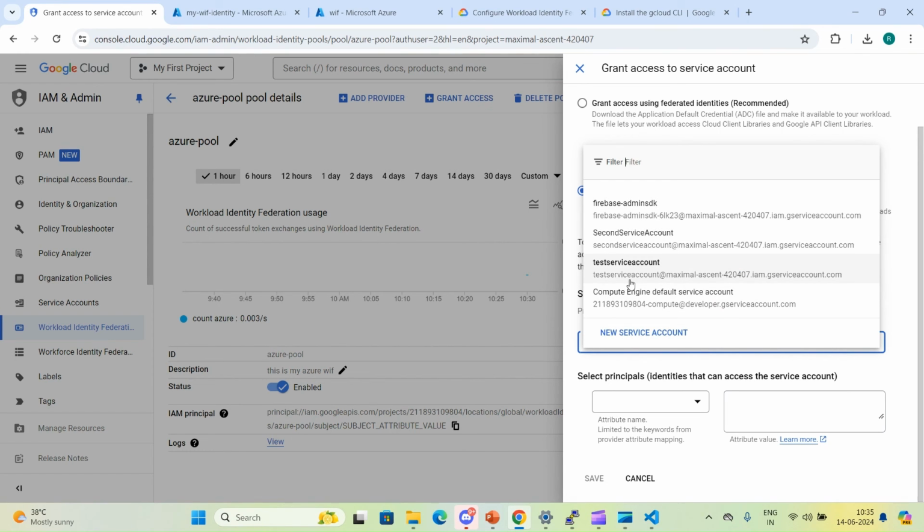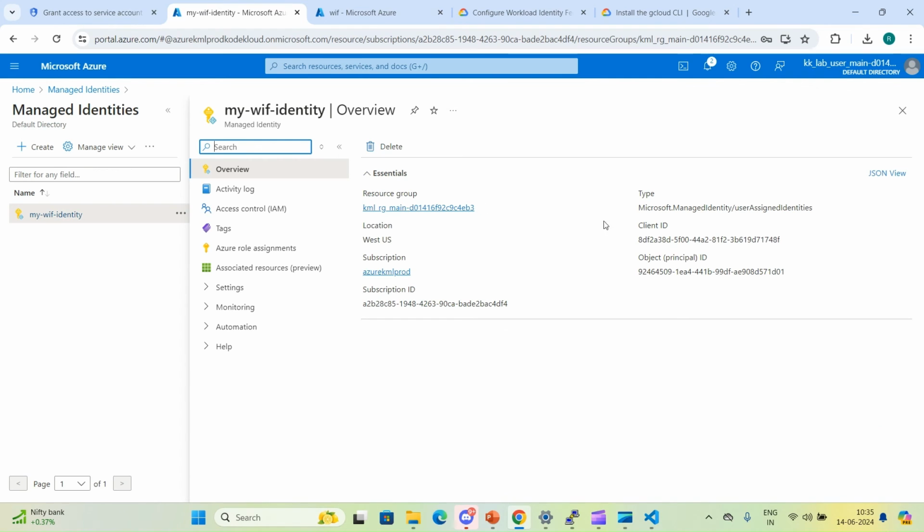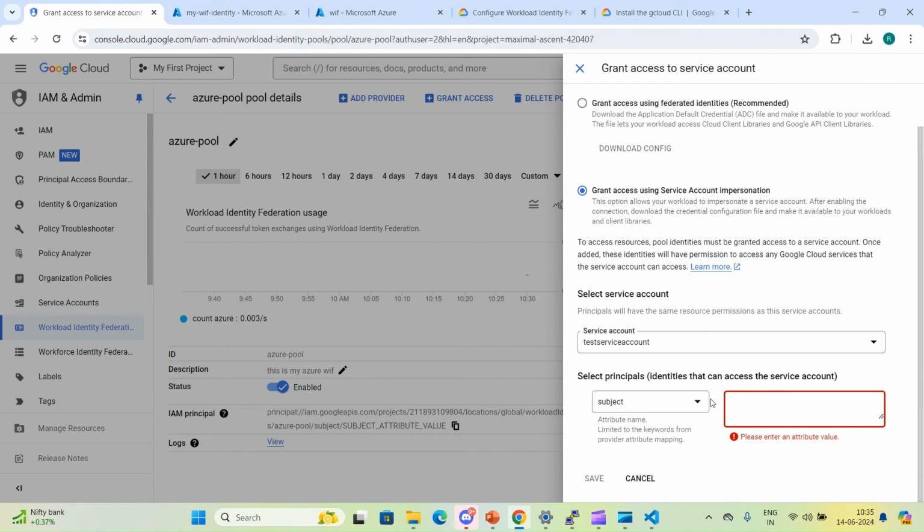I have this service account, test service account, and I want to use this. After that, we have to provide a subject. This is the attribute which was provided during creation, so we can use this directly. For the attribute value, we can provide our object principal ID, which is our managed identity. We will put it here and click on save.